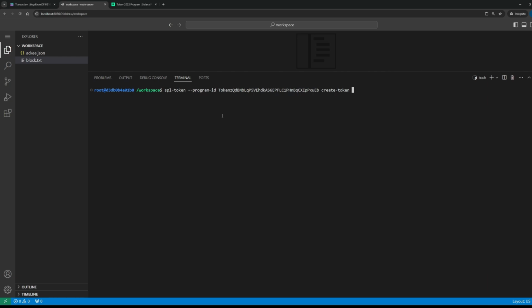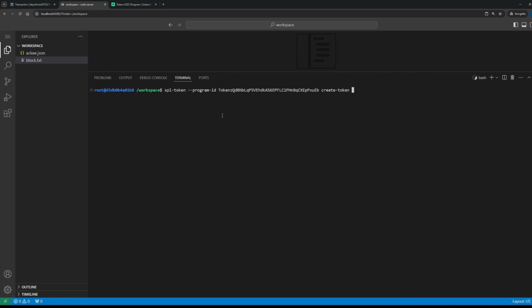You will learn that the old SPL tokens can have only supply, decimal places, and authority. This was solved by Metaplex, for example, which is also a Solana program that can add metadata to the tokens. But in Token 2022, support for metadata was added, let's say, natively.